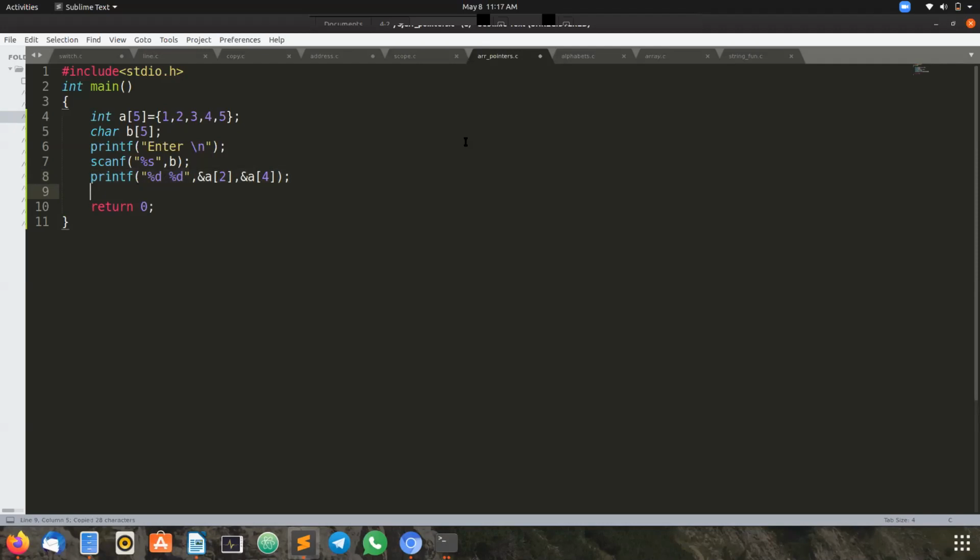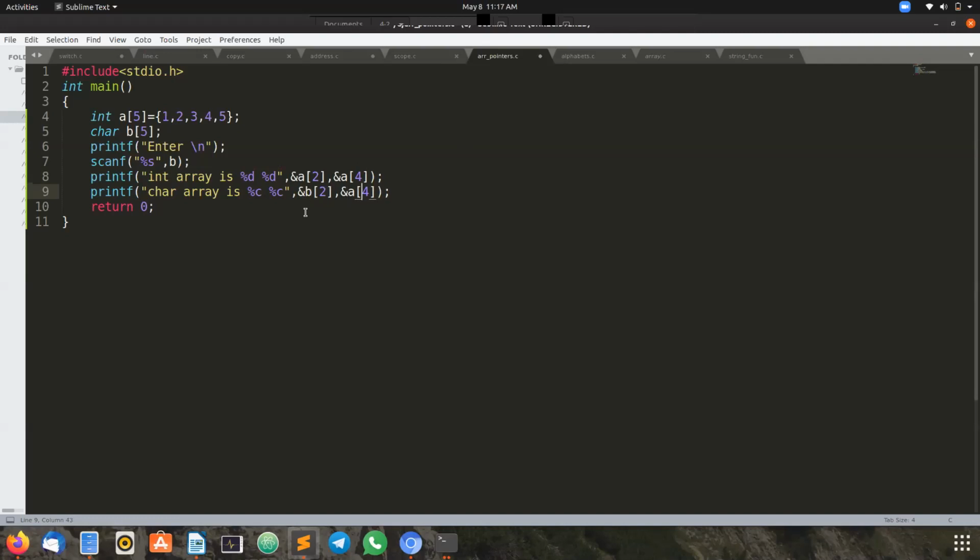In a similar way, this is the integer array and this is the character array. For a character array, for each and every single character, we use %c.